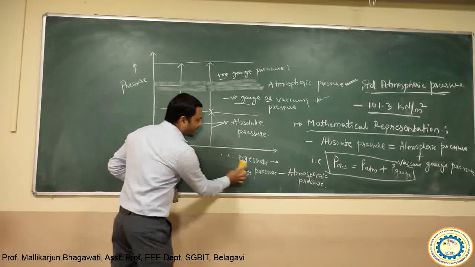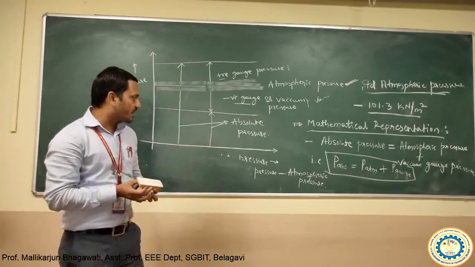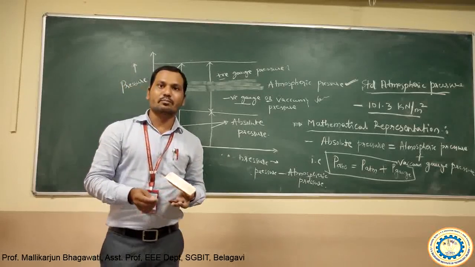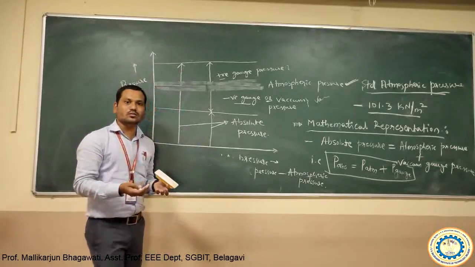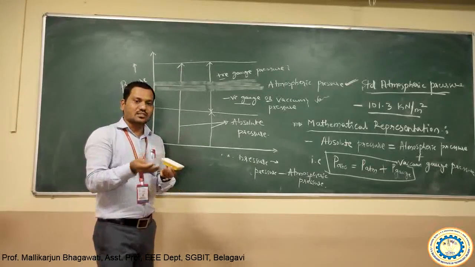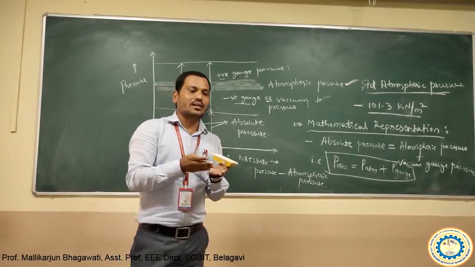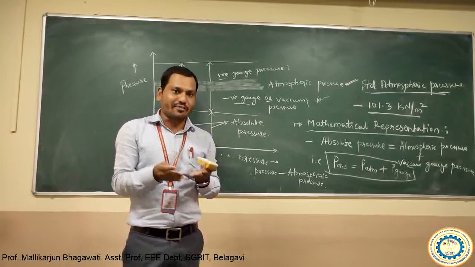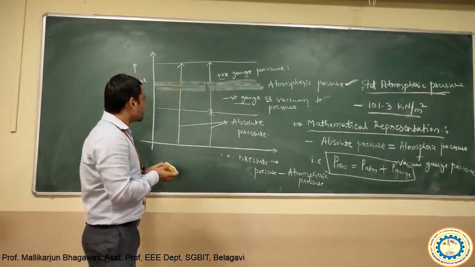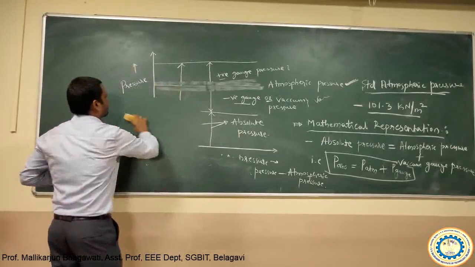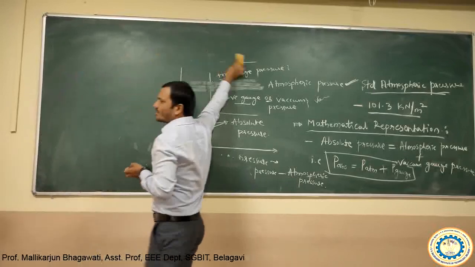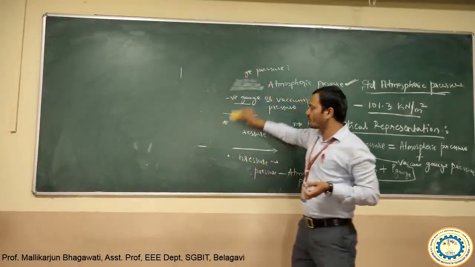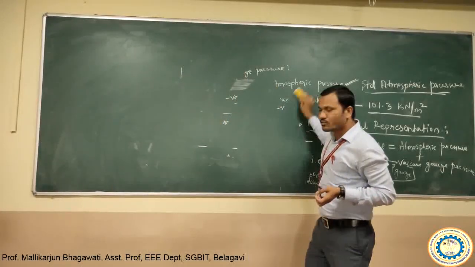There are many categories of pressure, like low pressure, medium pressure and high pressure. There are also many instruments to measure pressure. The manometer is one type of instrument where we are going to